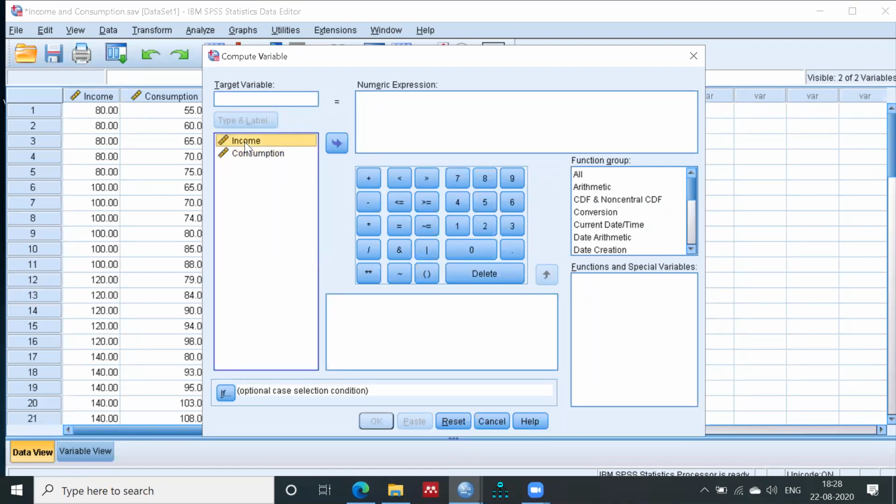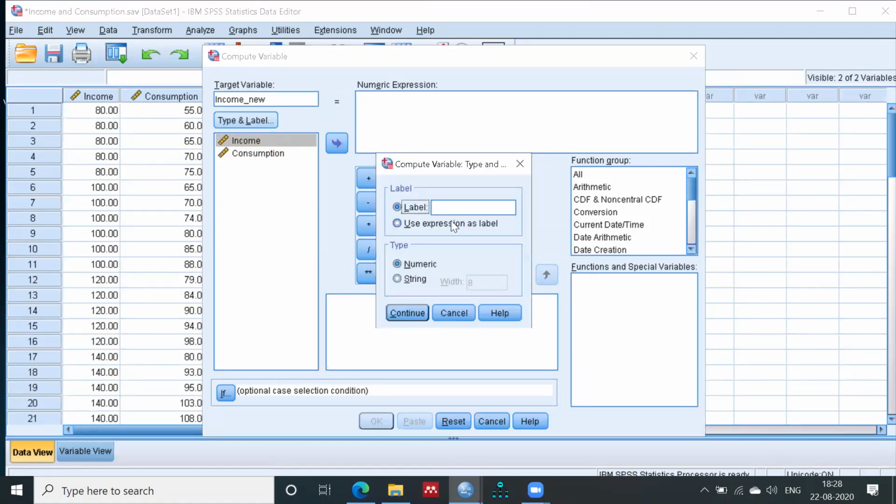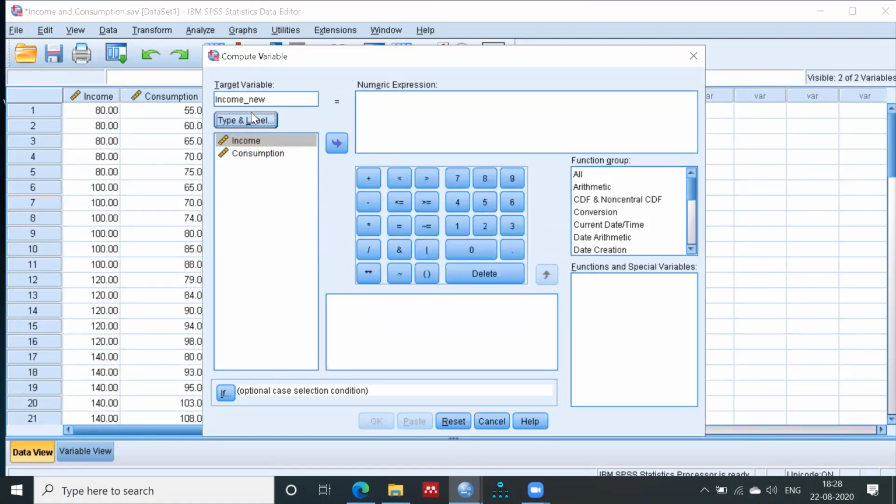Here I am making one new variable, so I can write income underscore new, and type. I have selected this because I am making a new variable called income underscore new. For this I need the income variable, so I select this and click on this arrow.